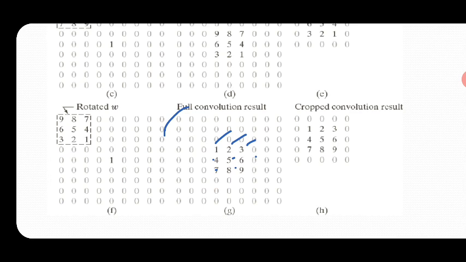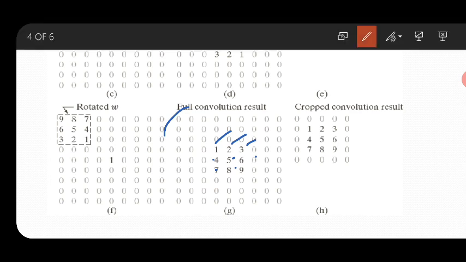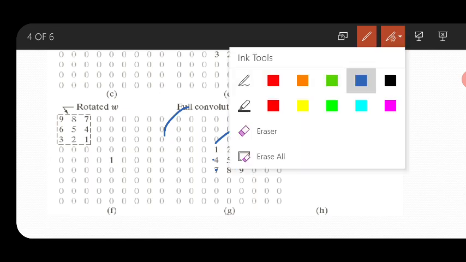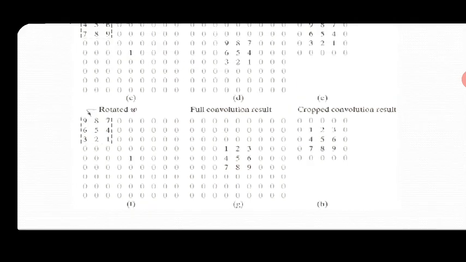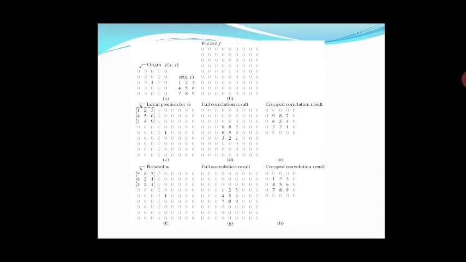In the final step we need to crop m minus 1 rows and m minus 1 columns. How many rows have you padded? There are 2 rows and 2 columns. You crop those rows, and you will end up with the final answer. This is the final answer. What is the processed image? The convoluted image. I hope you understood the concept of correlation and convolution for the two-dimensional image.